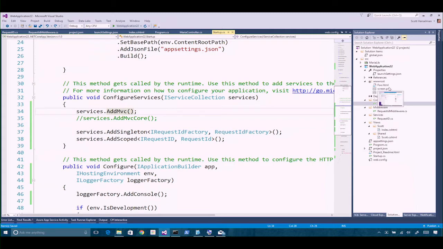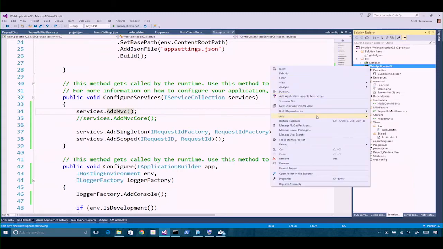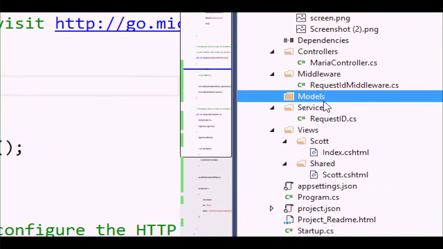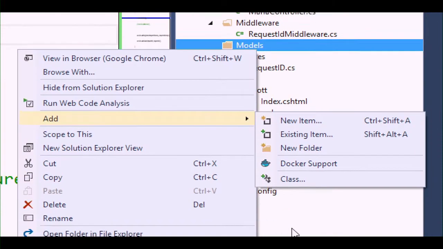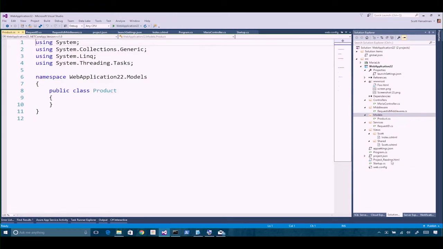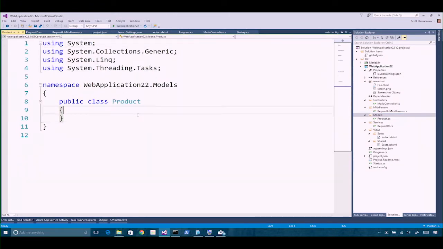All right, let's do some web APIs. All right, let's do it. Some products. So I'm going to say add, new folder, and we'll make models. Remember, we made services, we made middleware. Now it's time for models. And we'll have a product, because that's generic. Could be a blog, could be whatever makes us happy. And I've got to say, I need an int ID, and I need a string name, but I'm going to